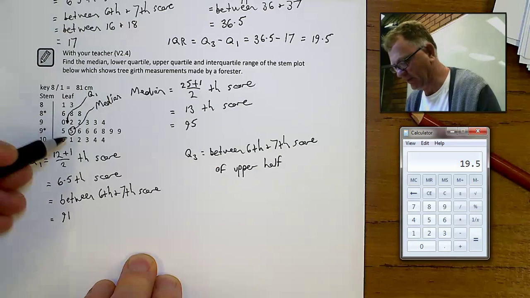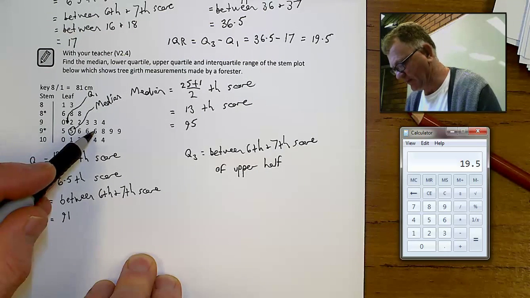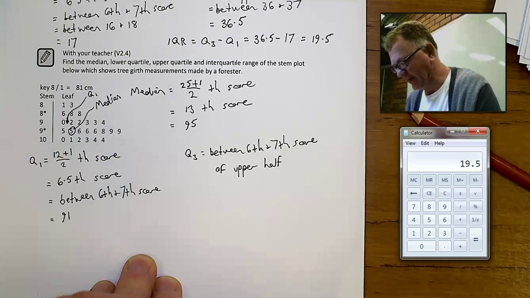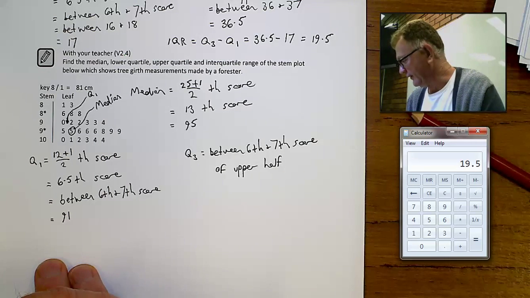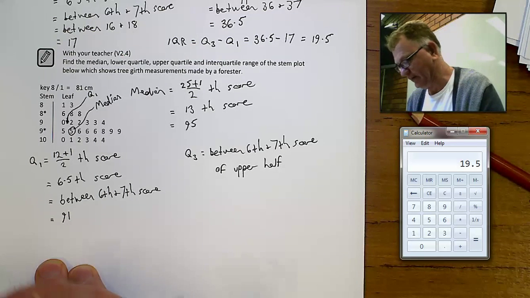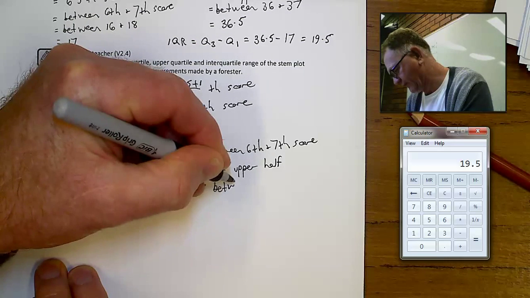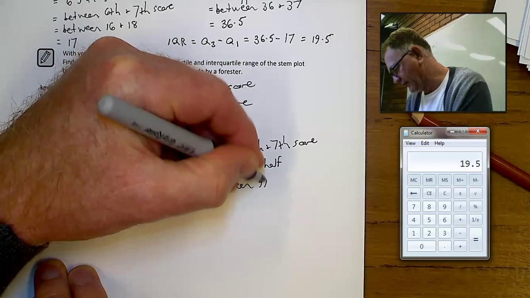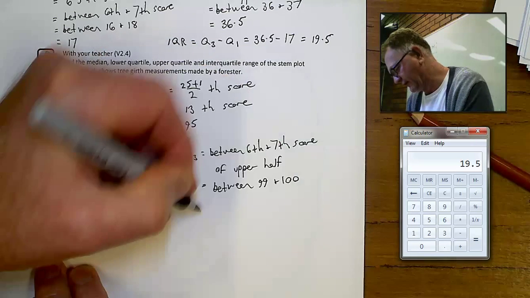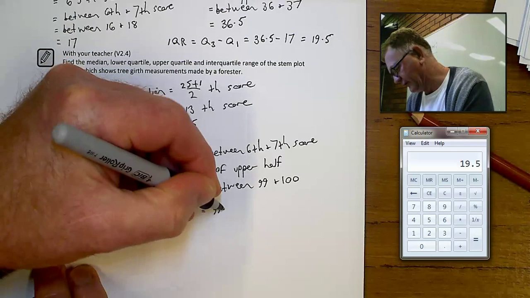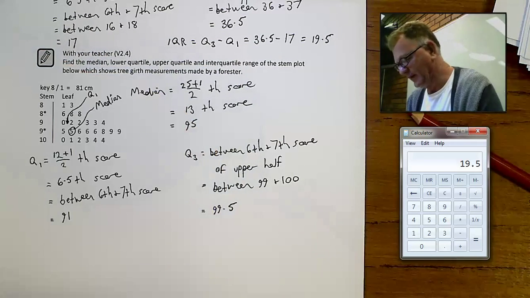So you can just find it there. 4, 5, 6. Okay, the 6th score is 99. The 7th score is 100. So it's going to be between 99 and 100. That's got to be 99.5. That's the upper and lower